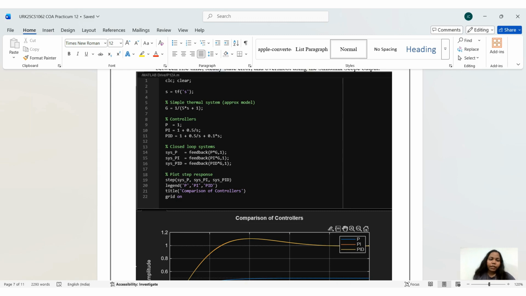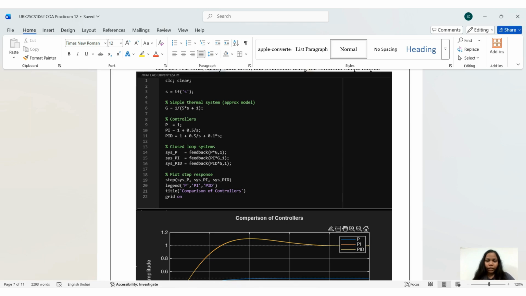And the first concept involves comparing P, PI, and PID controllers. A proportional controller reacts quickly to error but cannot completely remove steady state error. So the final temperature may not exactly match the set point. A proportional integral controller improves this by adding an integral term that accumulates error over time and discards the steady state error. Although it may slightly increase overshoot, a PID controller further enhances system performance by adding a derivative